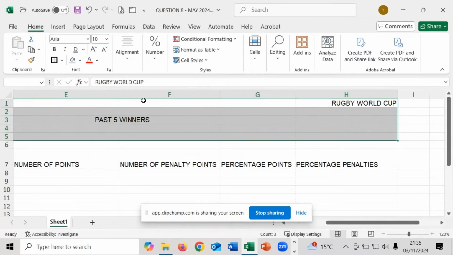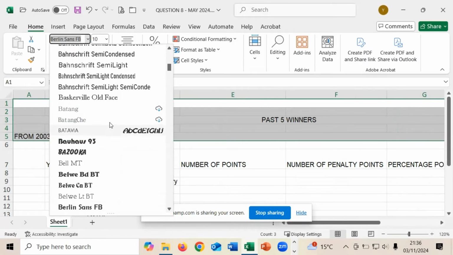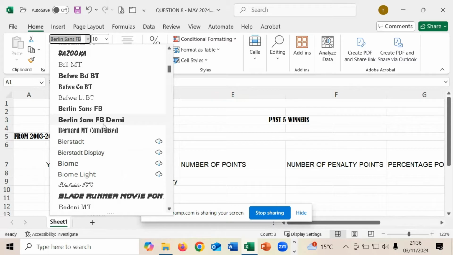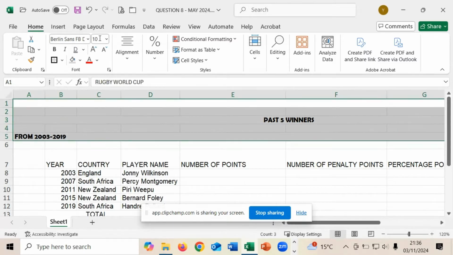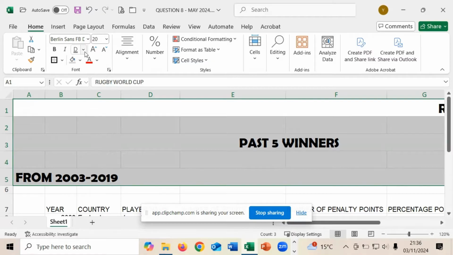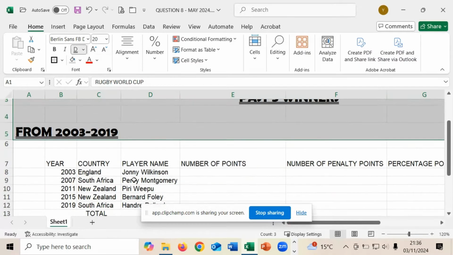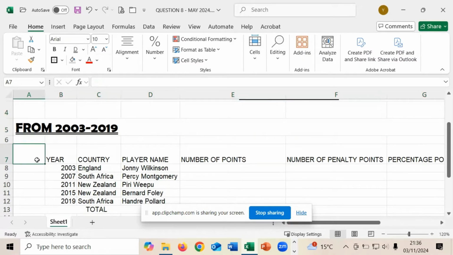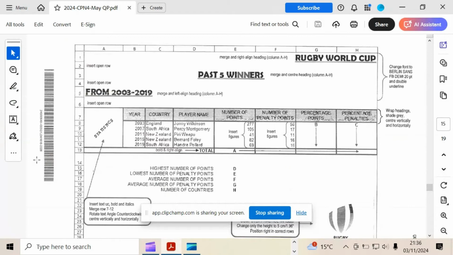So we select those 3 headings. We're changing again the font to Berlin Sans FB Demi. So use your drop down there, Berlin Sans FB Demi, and change the size to 20. And we're going to have a double underlining on that text. So once we've done that, we are now at the point where we can go back to our spreadsheet,